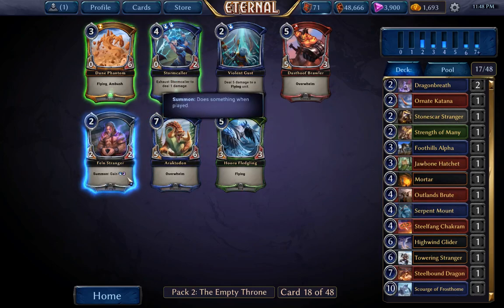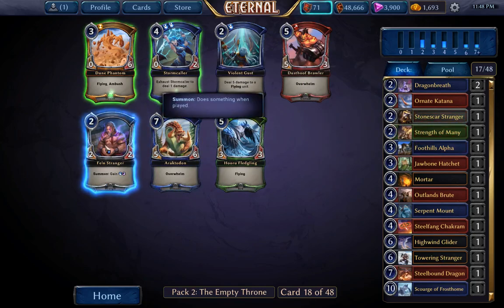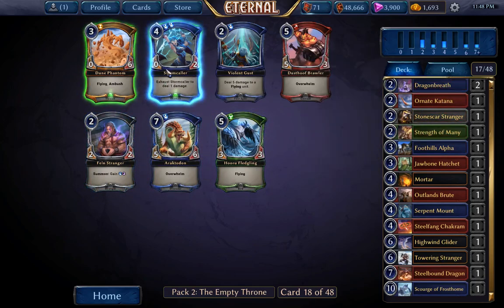Fell Stranger... Just like the Stone Scar Stranger, half of the colors is correct, so it is a little bit of fixing. The Stormcaller has a higher upside though. It's very, very good at triggering Spark. If we pick up Spark units in the next pack, this card will be quite good. So let's just go ahead and take the Stormcaller with the hopes that we'll pick up...